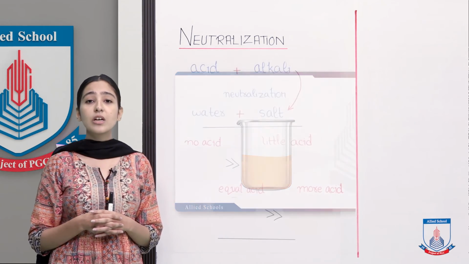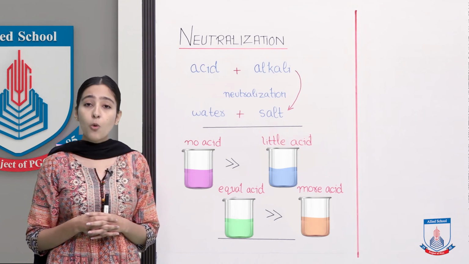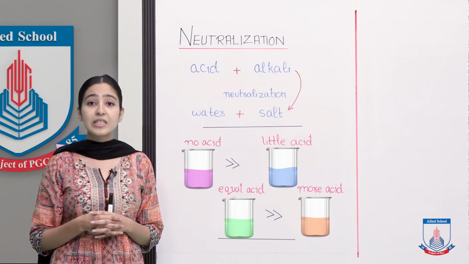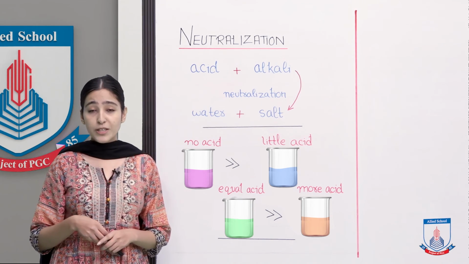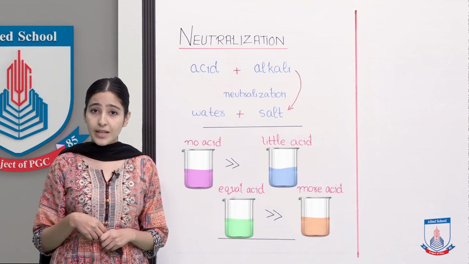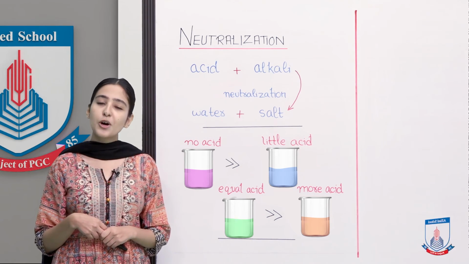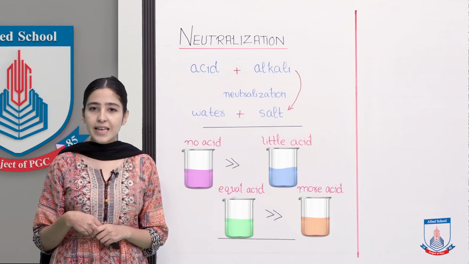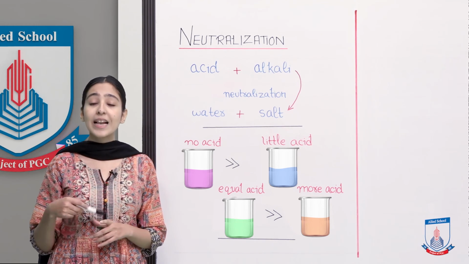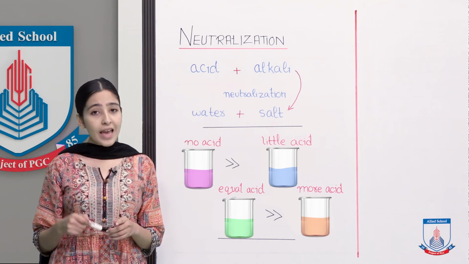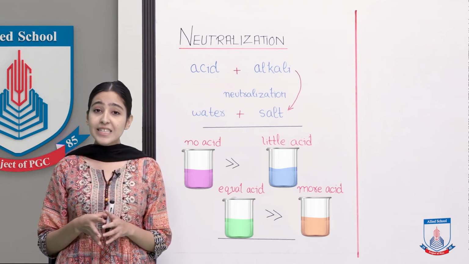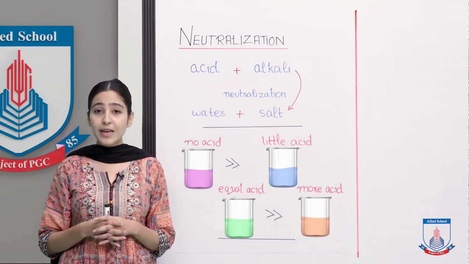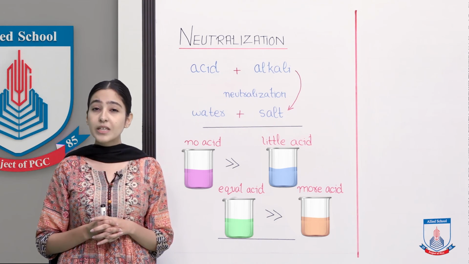This is how the process of neutralization works, and the colors indicate what we have already read in the pH scale. So, I hope that you have understood this example very well. This is how neutralization works, and the changes of color indicate the pH scale and the change of strength of an alkaline solution into an acidic solution. In the next lecture, we will study the process of neutralization, its benefits and uses in further detail.